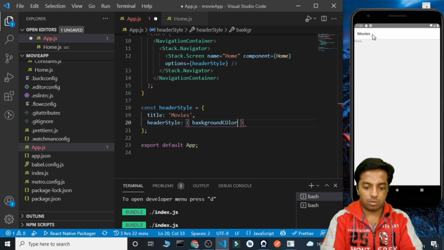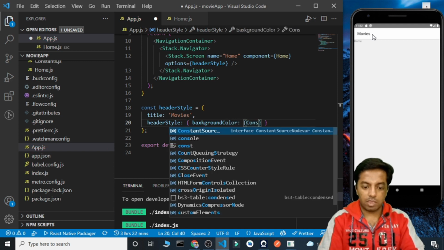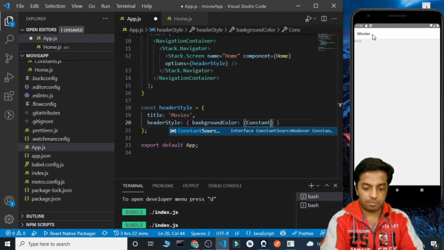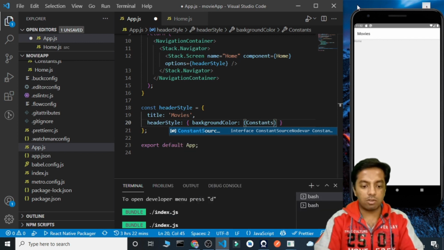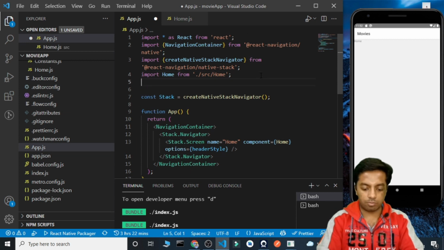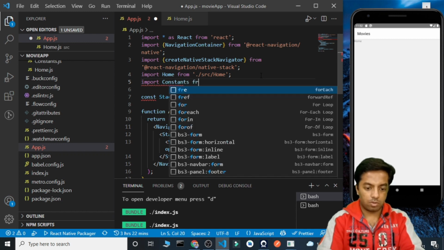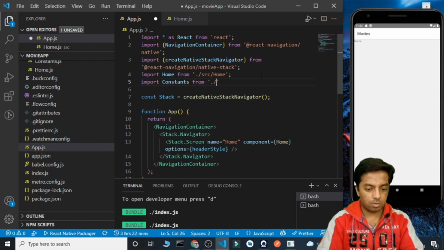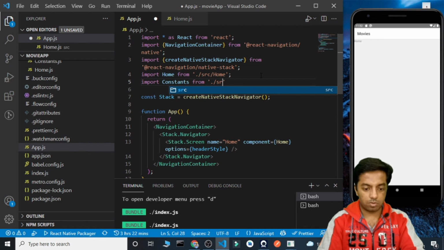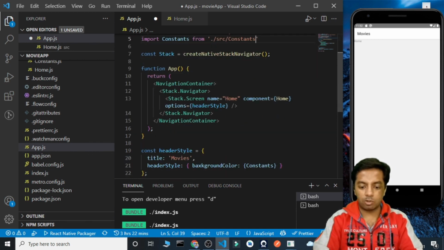So for that we are going to pass a property header style, and it will be the background color. It will be constants, and I'll have to import the constants first for that. So let's import them. And now inside here I'm going to use the base color.